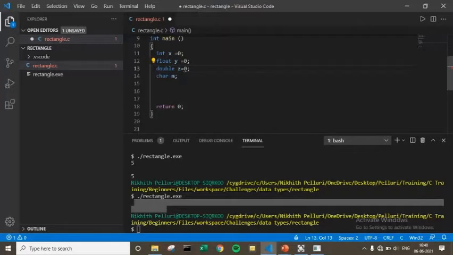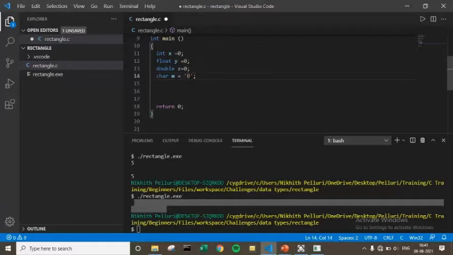And remember one thing, the value of the char data type should always be in quotes. It can also be a number, but when you put them in quotes, they are treated as characters, and all the characters have ASCII values in the form of integers.